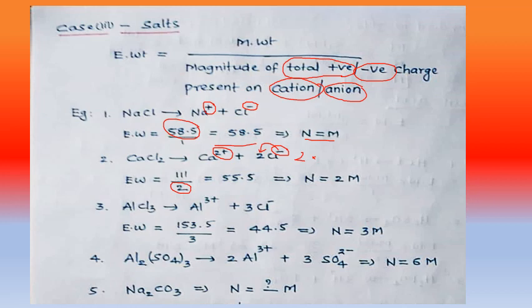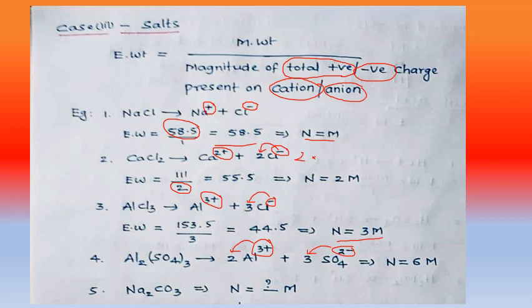Next, third case, AlCl3, total charge 3 plus on the cation. Otherwise, if you want, this is minus, this is the charge and this is the total charge, multiply with 3. Okay, divide by 3 and you will get the answer N equals 3M. Next case, yes, here plus 3 is the charge, total charge plus 3 into 2, what will you get? Plus 6. Otherwise minus 2 into 3, minus 6. This is the total charge. So either this case or this one, you can take anything, magnitude only is allowed.